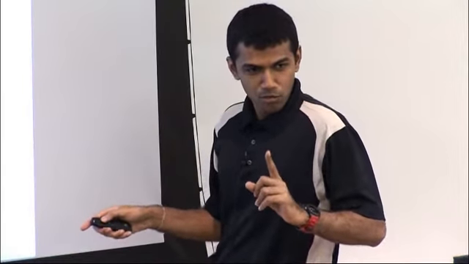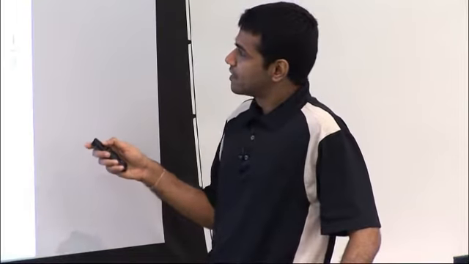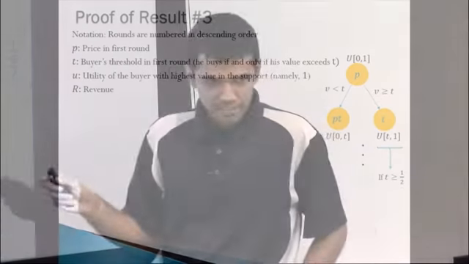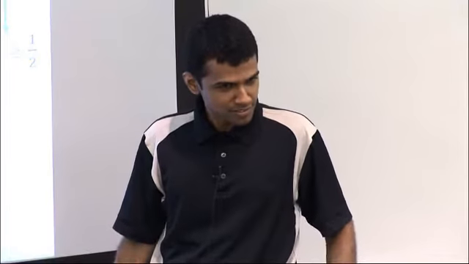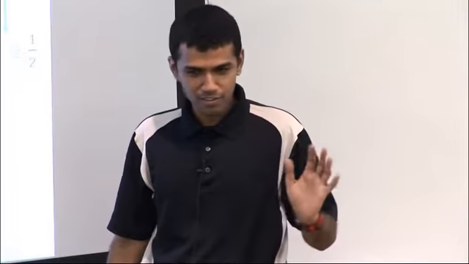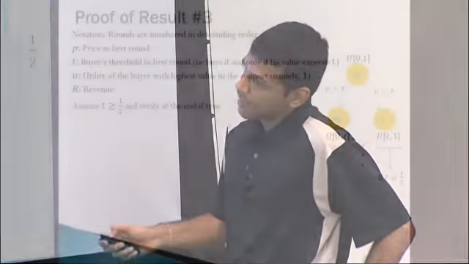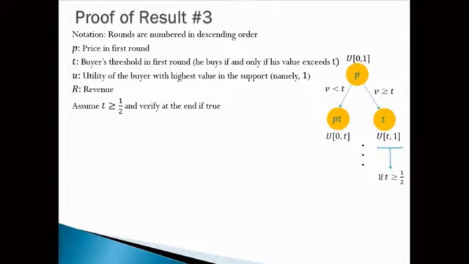We don't know, but there is only one case for which we know. If it happens that this threshold is at least a half, then for a uniform T, 1 distribution with T greater than half, the optimal is just to put a price of T in all rounds. You can calculate this, but I won't get into that. So our approach is again going to be a guess and verify strategy. Let's assume that T is greater than a half and proceed.